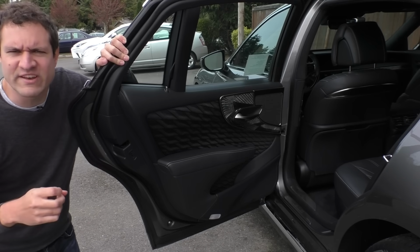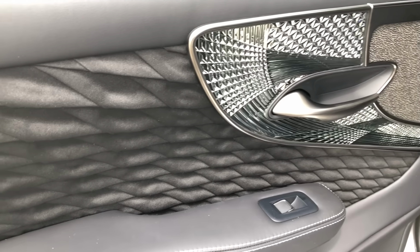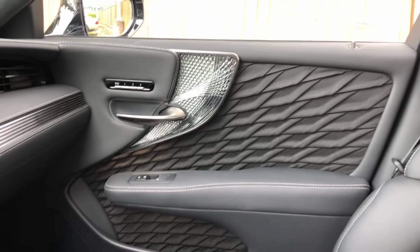And the door panel craziness isn't over yet. I turn your attention next to the glass trim to this cloth. Well, that's not just cloth. Lexus calls that hand-pleated interior trim. It's actually hand-folded cloth that makes up this pattern, and it makes the door panel look absolutely beautiful, especially when